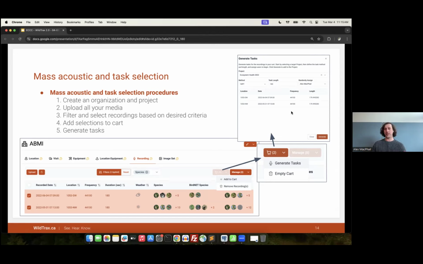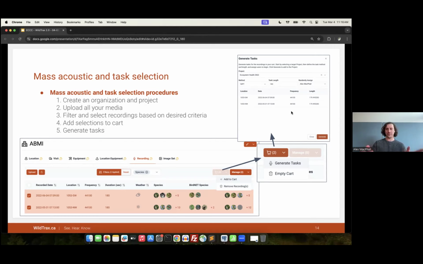Of course, we'll still have the ability to upload recordings directly to a project if you choose to only want the subset uploaded, and task sync will also be available. So if you have recordings that you want to sync in a different way within a project, you can still do that. This generate task functionality is just adding some more enhancements and value added features so that people can really easily create these projects depending on the criteria that they're looking for.